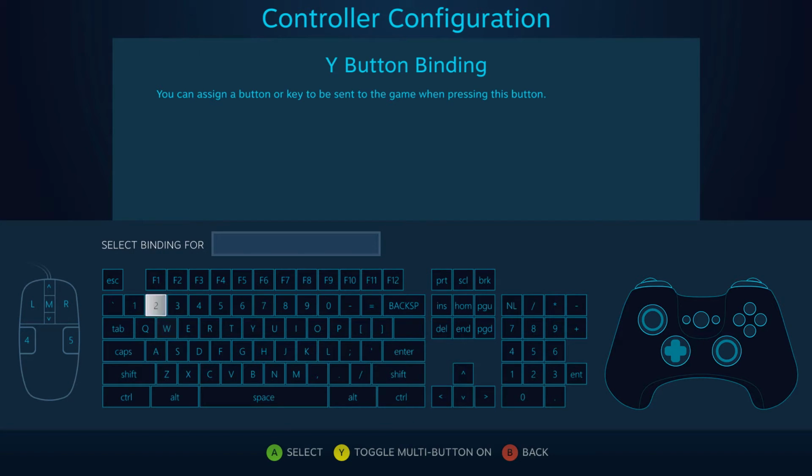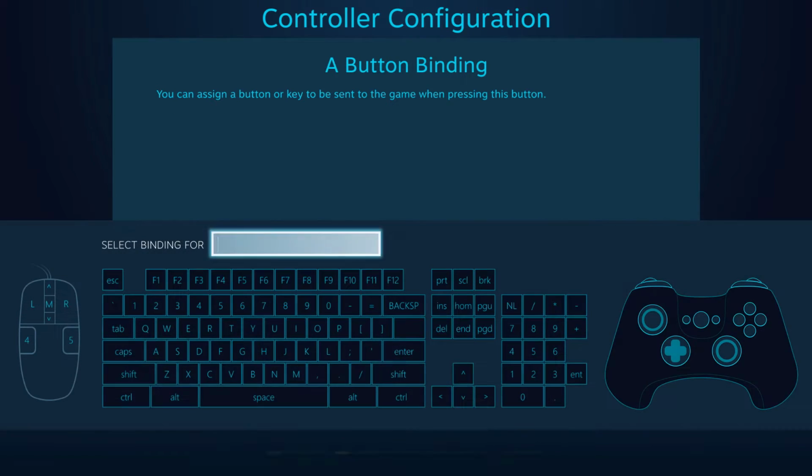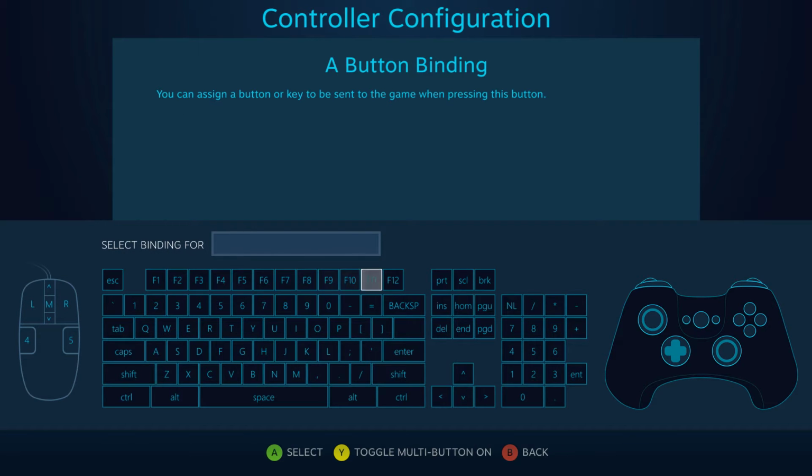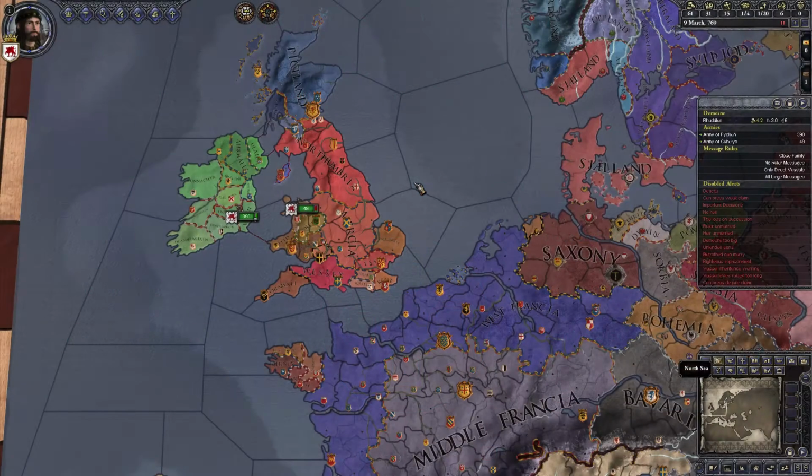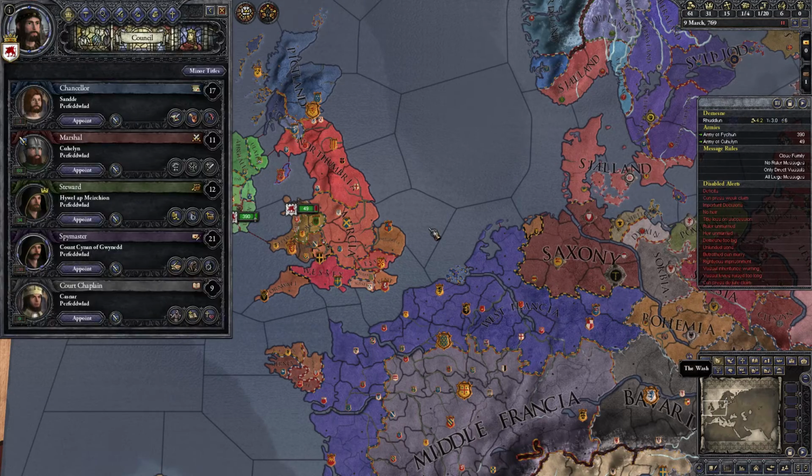Now if I set, say, F3, F5, F6, I don't know why it keeps jumping about like that, it's not what I prefer it to do, and then F7, and then come out of this menu. Now if I hold the left grip in and then hit A, B, X and Y, it brings up those